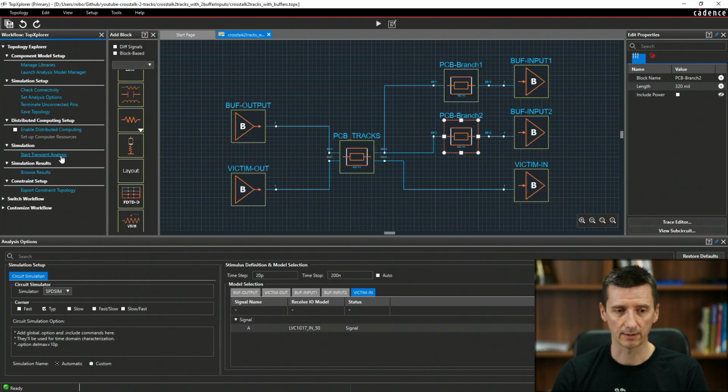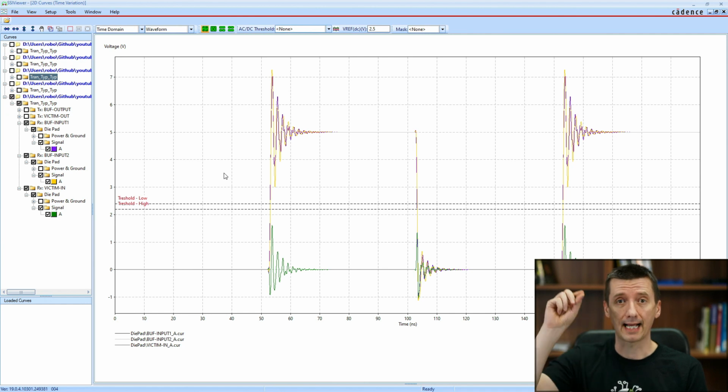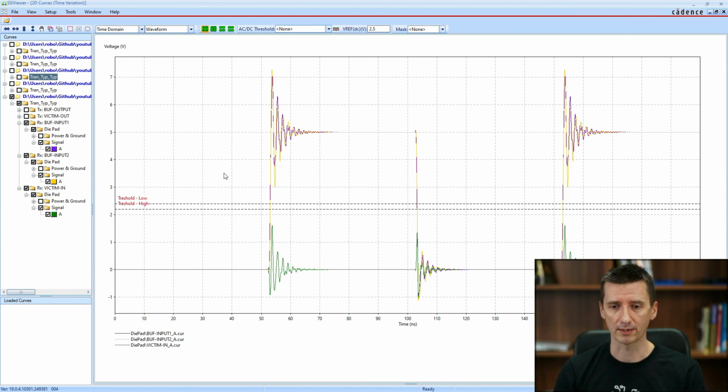This is how the result is going to look. This is just to give you an idea how the length and the rise time of the edge influence the quality of the signals on your PCB.